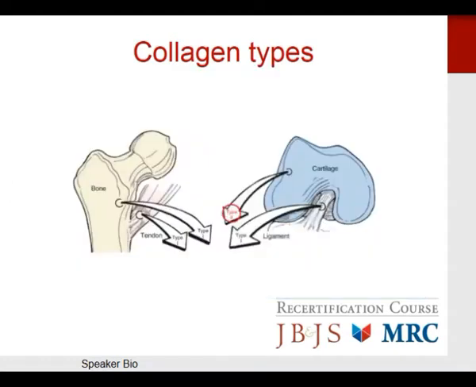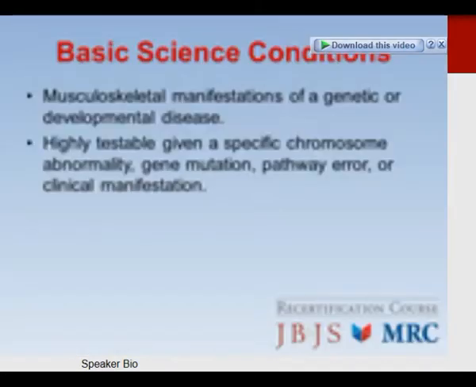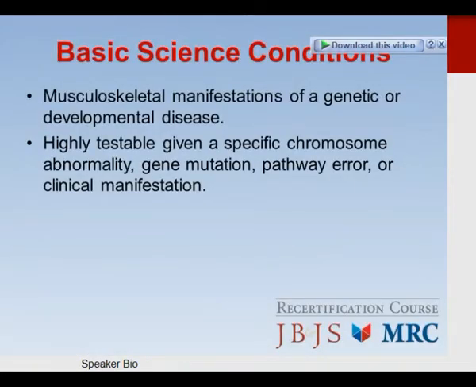It's important to remember that collagen type 1 is bone, fibrocartilage, and other structures such as tendon and ligaments. Type 2 is going to be the articular cartilage, and this figure just demonstrates that nicely. Again, remember, type 1, B-O-N-E, bone is type 1 collagen. So I put some slides in here as well, which are going to go over some basic science conditions. These are conditions that are easily testable, and they have